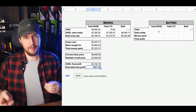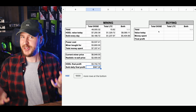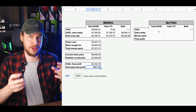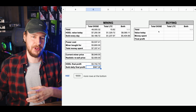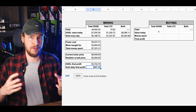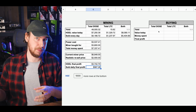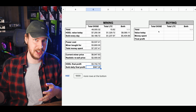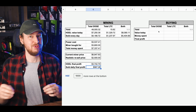So comparing buying a $1,000 miner to buying $1,000 worth of crypto is not apples to apples in reality for most people. It would be more like buying a $1,000 miner versus buying maybe $600 worth of crypto. But that aside, the other reason why I always prefer mining over buying is, guess what? Even if buying gets you more crypto, that crypto does nothing for you unless the coin price actually goes up. You can have all the crypto in the world, but if the coin price doesn't go up, you've made zero